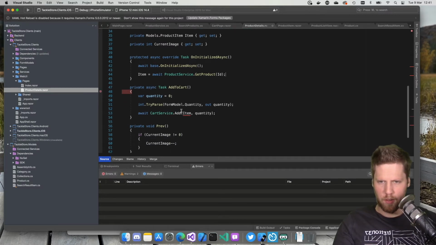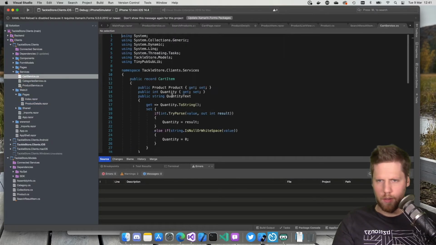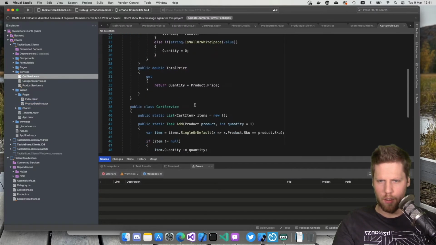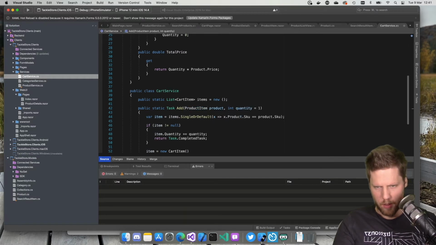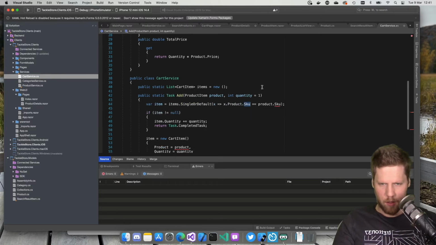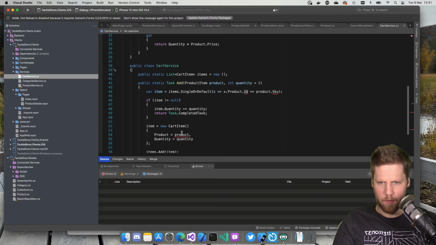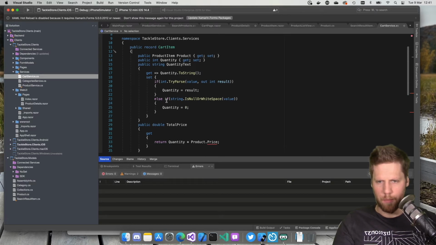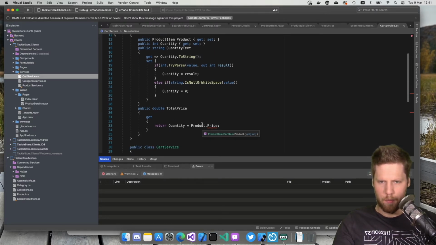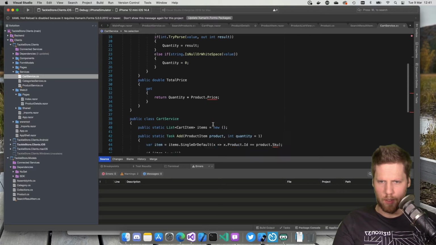Cart service. Okay, we need to go update that one too. But that is fine. Cart service. Add cart item. Here we have add product item. Change to ID. Right now, product item is just in memory. The cart is just in memory. Product price. Okay, we don't have